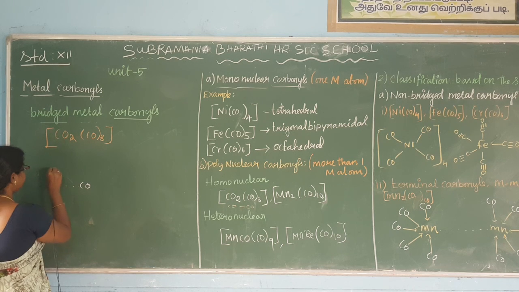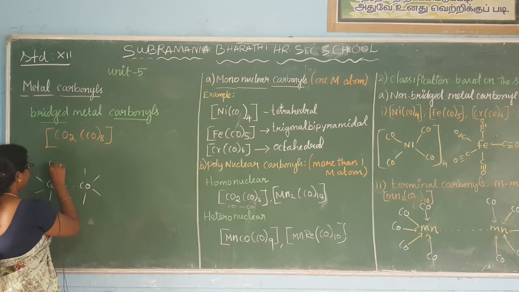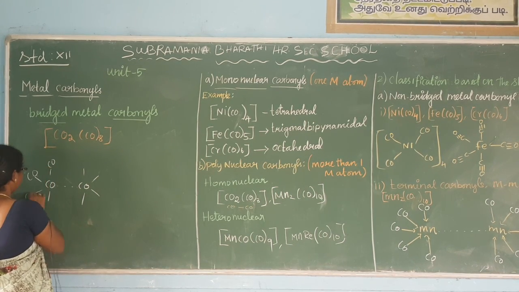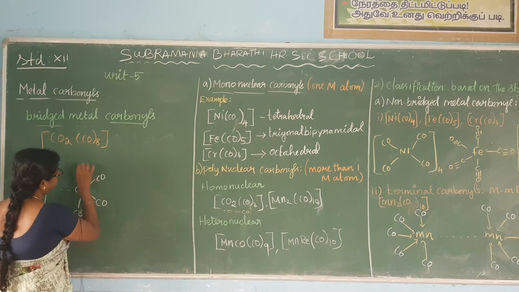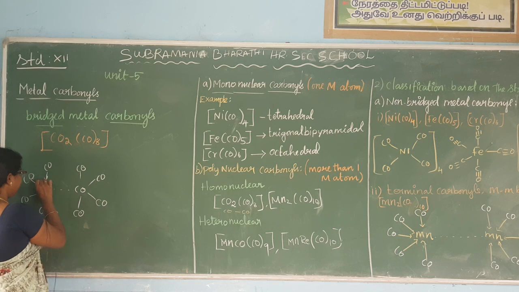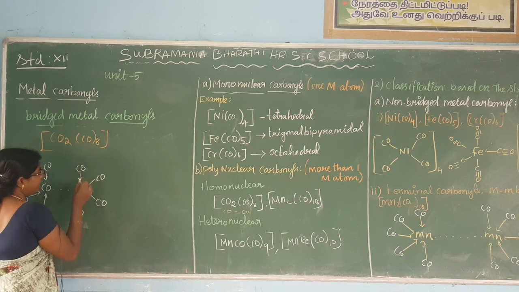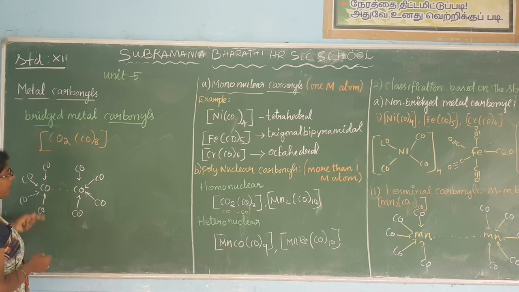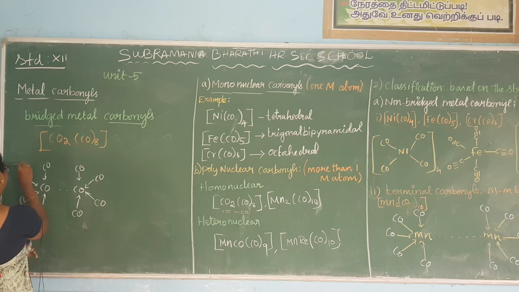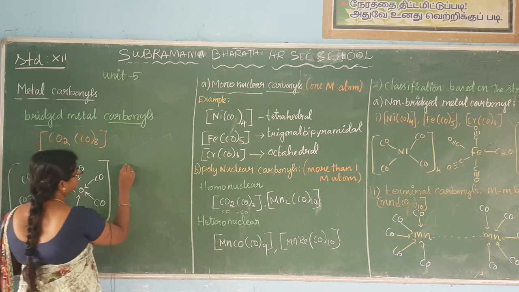So in the first case, there is no bridging. All the carbonyl groups are directly attached to the metal atom. This is the first possibility. Why am I writing the arrow mark? Because all the carbonyl groups donate their electrons towards the central metal atom. So this is the first case, and the next case is,